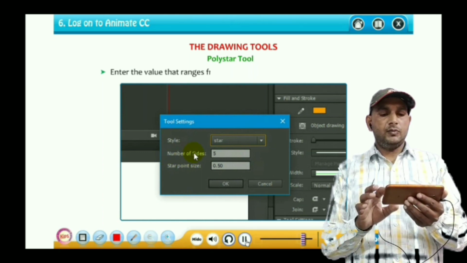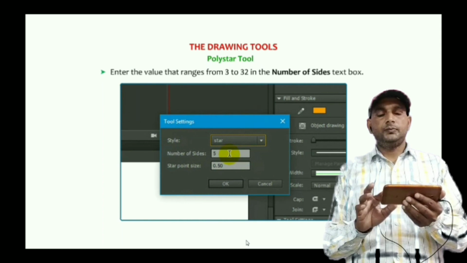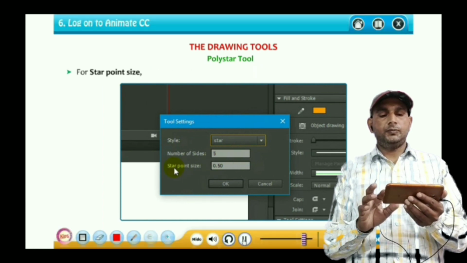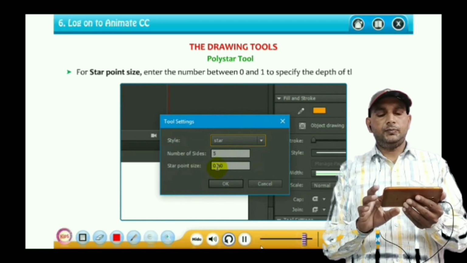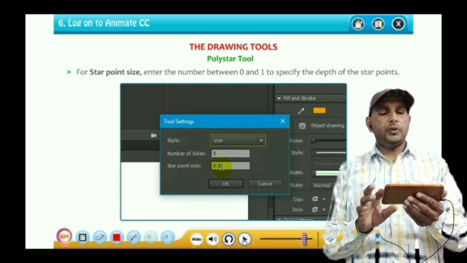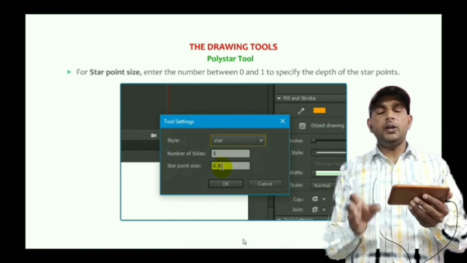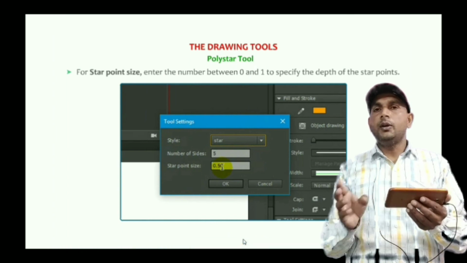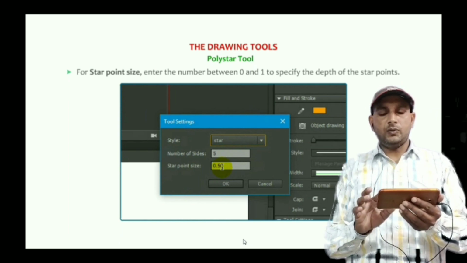Enter a value that ranges from 3 to 32 in the number of sides text box. For star point size, enter a number between 0 and 1 to specify the depth of the star points. We just have to choose a value from 0 to 1.